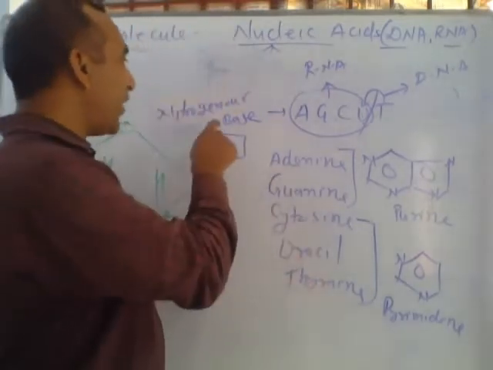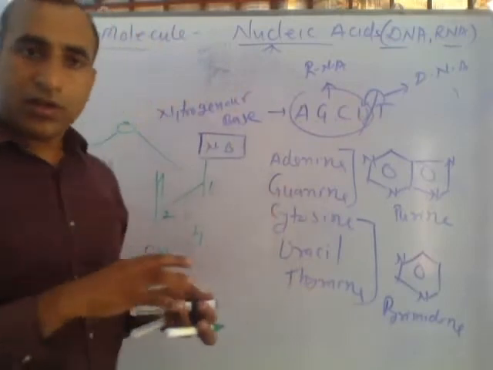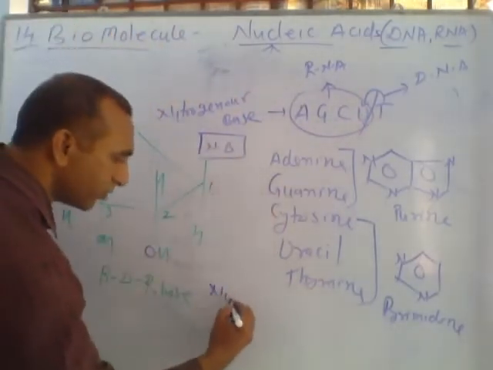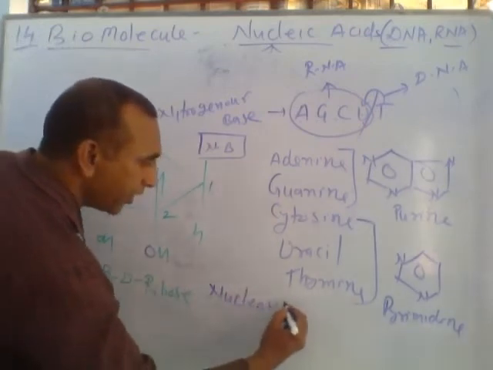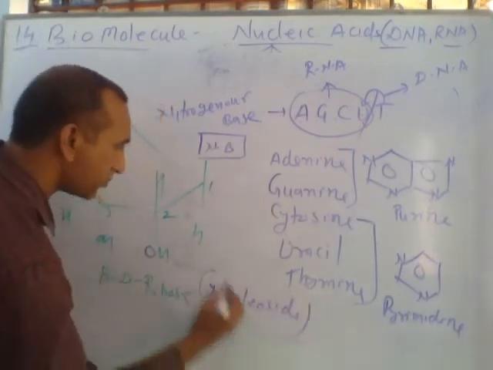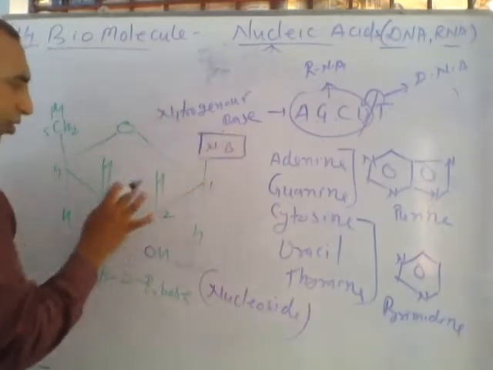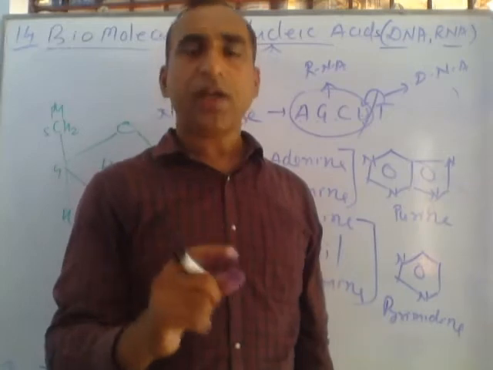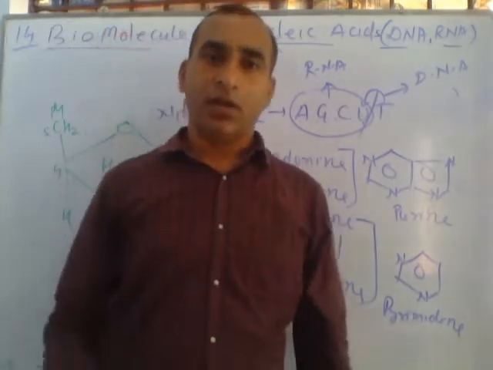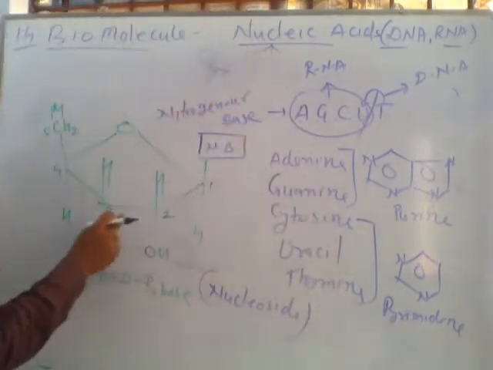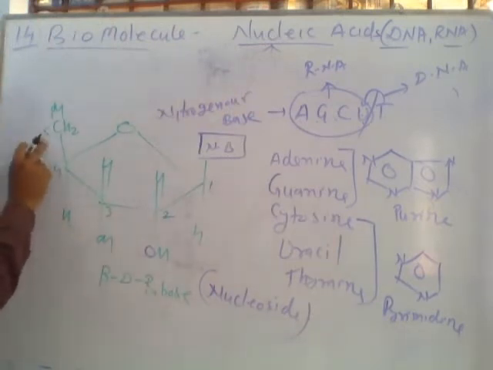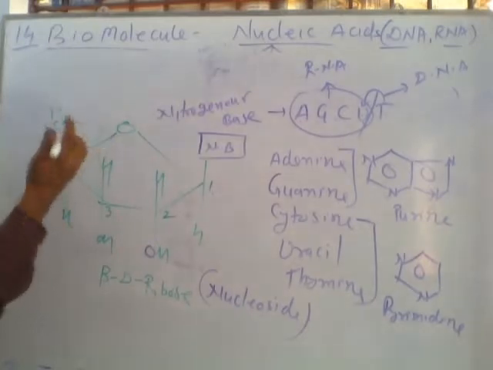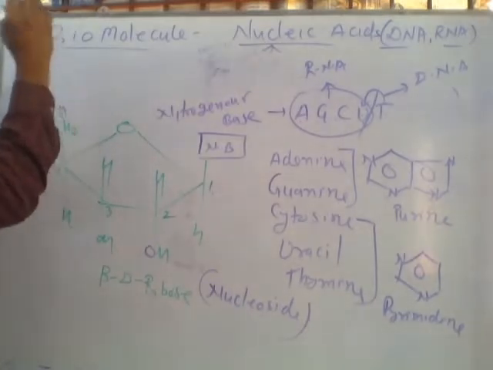And nitrogen bases, the combination of these two is called nucleoside. Nucleoside means this complicated form in which 2 units are present. First is sugar and second is nitrogen base. Remember, 1, 2, 3, 4, 5th. On the 5th carbon there is OH also. I am replacing this OH group by another group, sub. Have you listened?